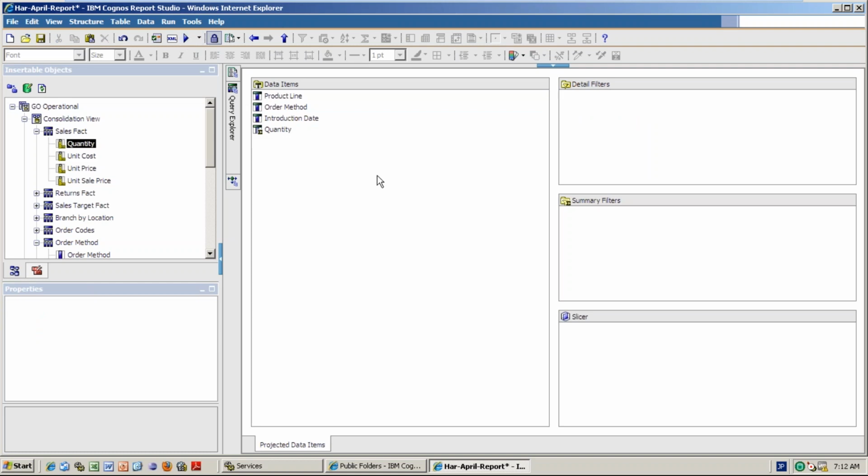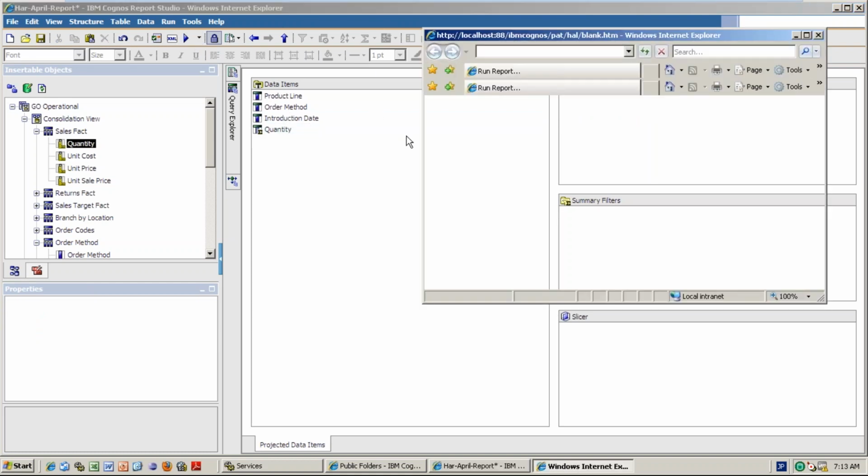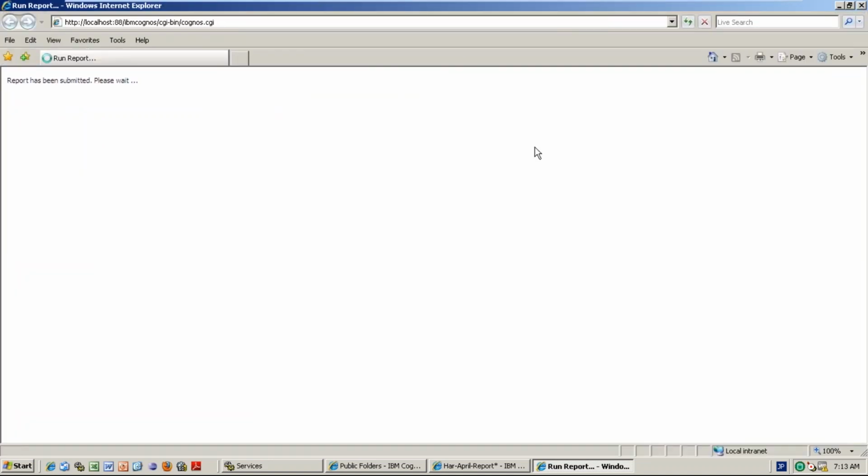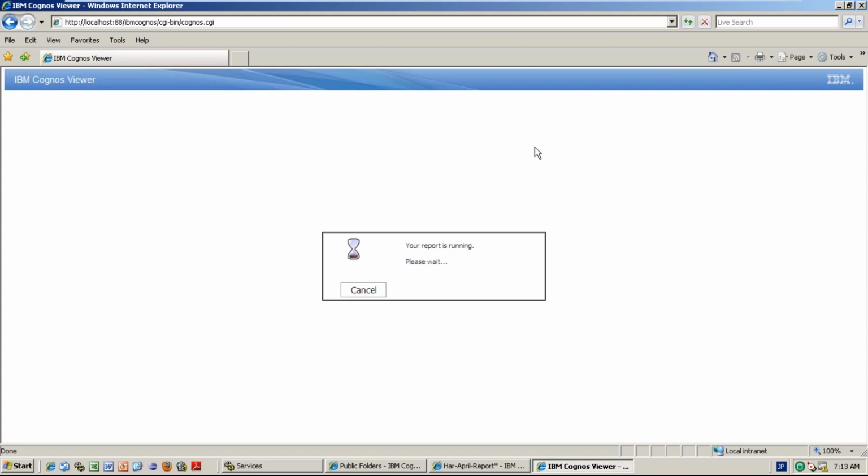Run the report. So master detail means if you drag one data container into a data container and you associate them, obviously you will get the data.